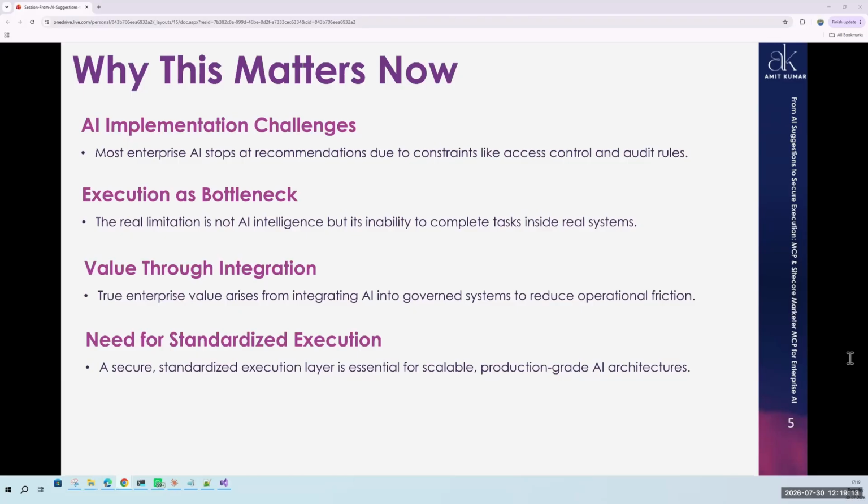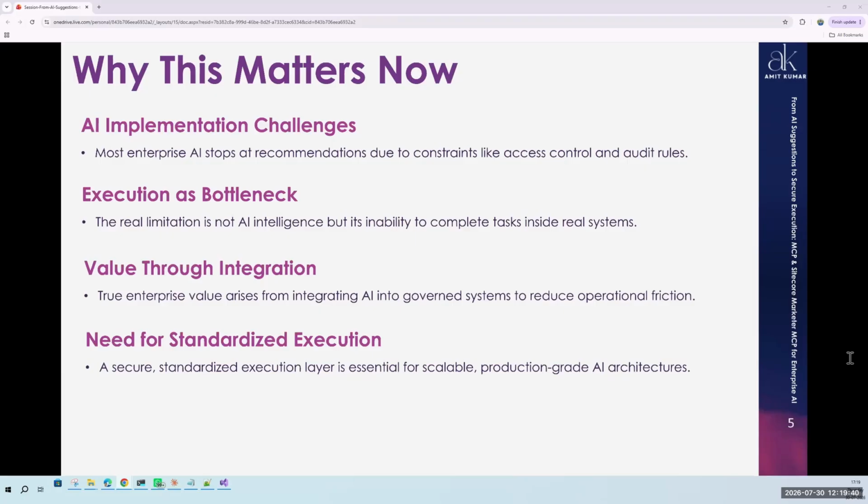Gen AI and Copilot cannot take any action unless you specifically give instructions, API endpoints, keys, and everything. Those are the AI implementation challenges and the execution bottlenecks faced by enterprise organizations when trying to implement complete end-to-end automation in their processes.